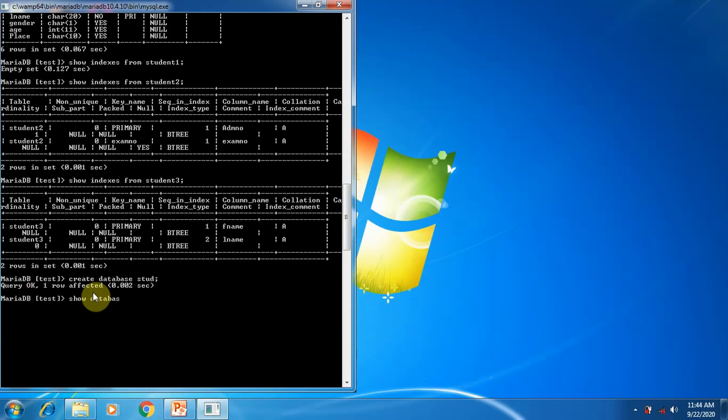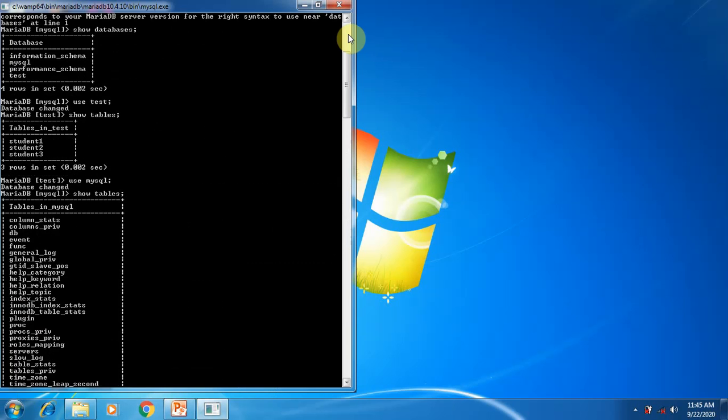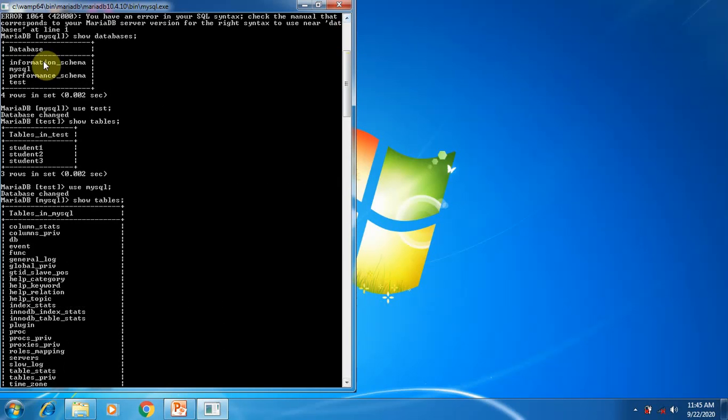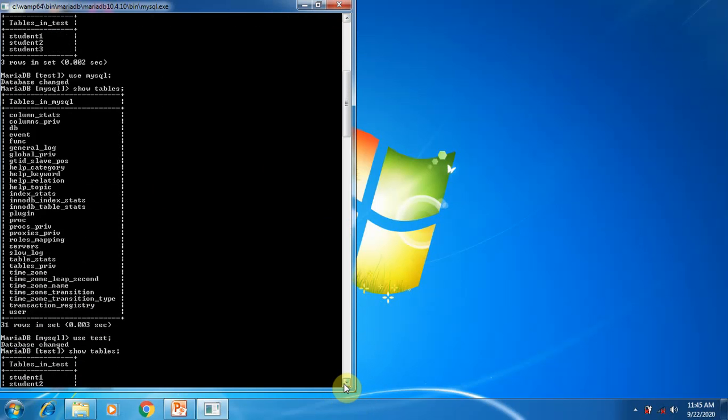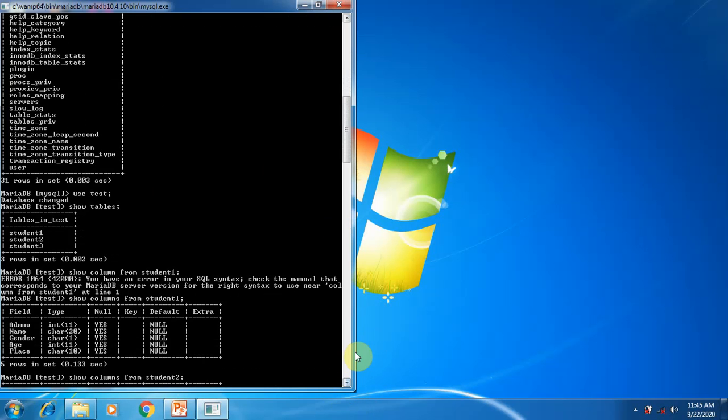Here you can see a new database is added to the existing databases, called stud. When we entered MySQL for the first time and used the show databases command, you could see there were only 4 databases. Now, after creating a new database, you could not see stud before. It means there was no database in the name of stud. So after executing this command, create database,